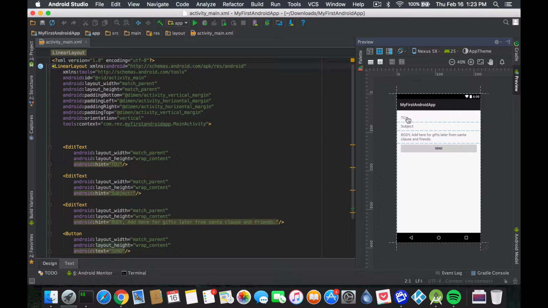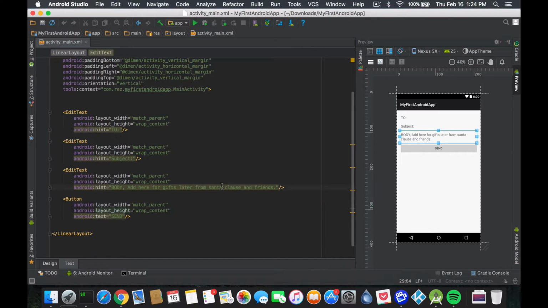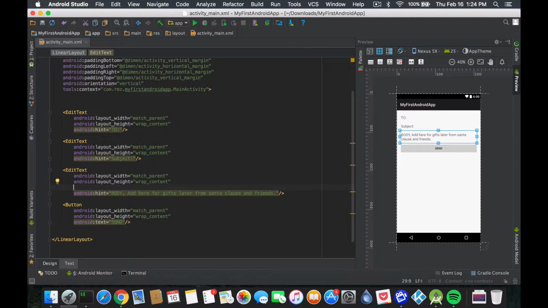So if we look, they're all kind of okay so far, except for the body, which is not taking the right amount of space, right? So what we could do is kind of tell the edit text, here, let's just try it. We're gonna add a weight. So as we type in weight, you'll see the layout weight comes up. Again, the layout means, hey,